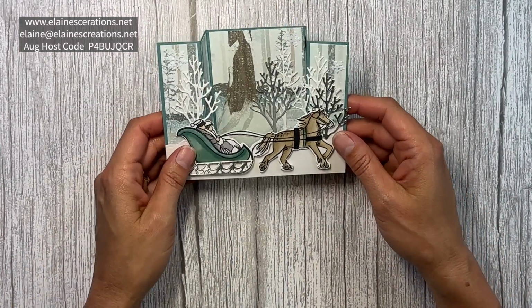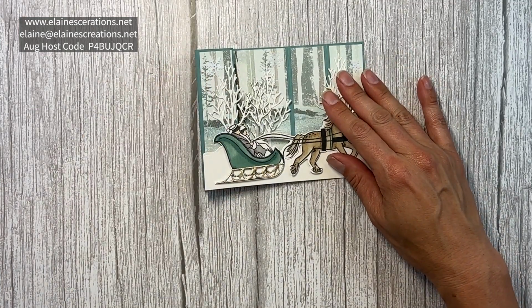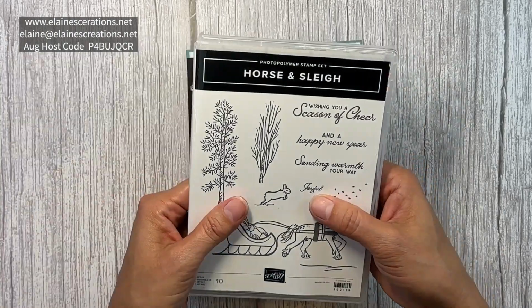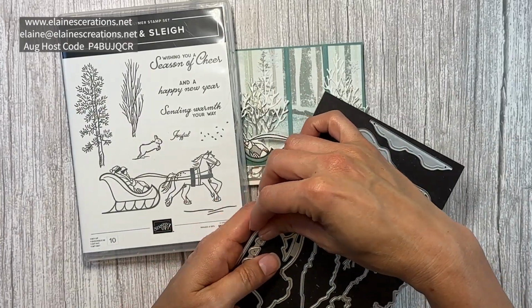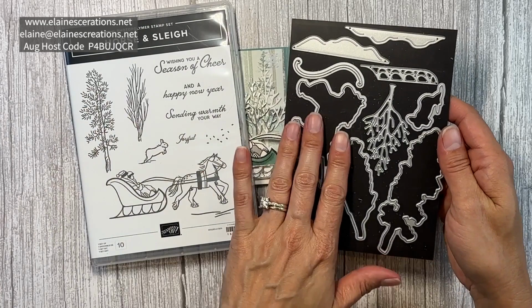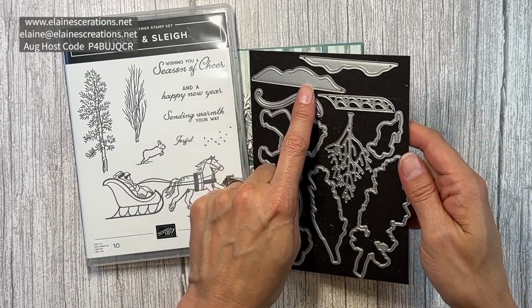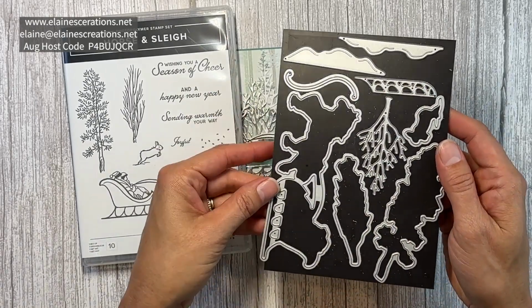I'm going to show you how to create this fun bridge card that folds flat using the Horse and Sleigh bundle that you can find online on my website. It is not in any catalog, it's only online, and it has these wonderful images with dies to cut them out, along with extra images of snowdrifts, or you can make them clouds and trees and the bottom of the